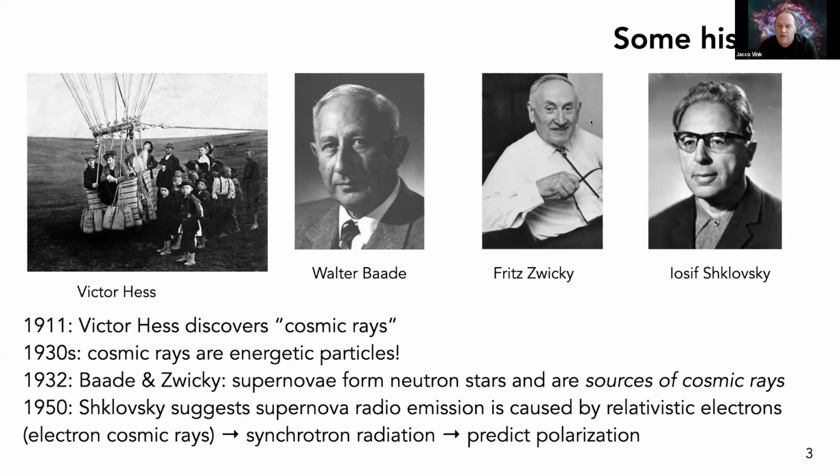Now, the first notion that supernova remnants are very important for cosmic rays comes from Baade and Zwicky, who suggested that supernovae are basically the transition of a massive star into a neutron star, and in more or less the same paper said, well, probably they are the sources of cosmic rays. Although at that time it was thought that the cosmic rays really come from the supernova event itself, not from the supernova remnants. And then Joseph Shklovsky in the 1950s suggested that the radio emission that was discovered from some sources was from supernova remnants, and that this is caused by relativistic electrons, so-called synchrotron radiation. And the prediction of that would be that it would be polarized, which was soon found out to be indeed the case.